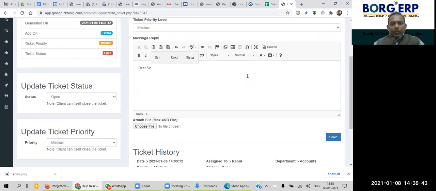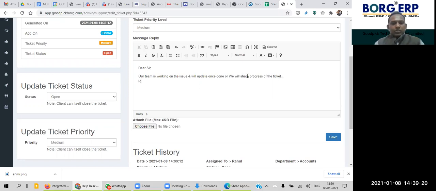Dear sir, or whatever I want to put, dear customer or dear client, our team is working on the issue and will update once done. Or we can also write that we will share the progress of the ticket.